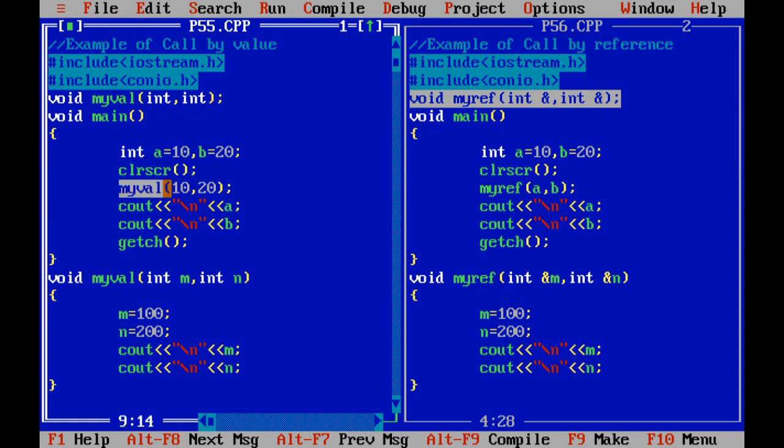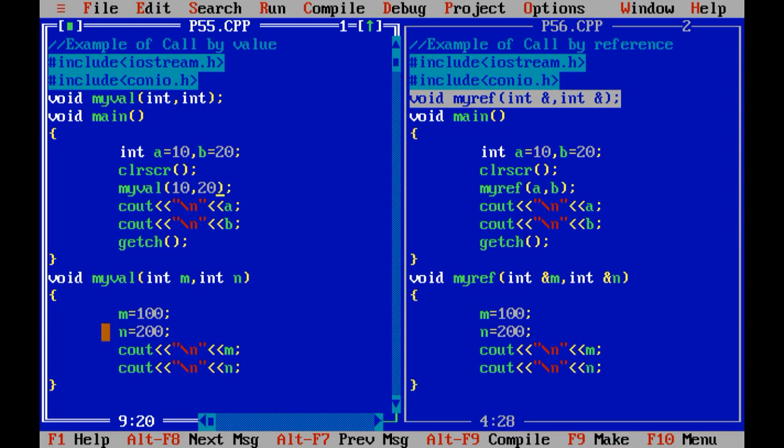Then I have called my value function with 10 and 20. So my value is called and 10 is stored inside m and 20 is stored inside n. Is that clear to everyone? So now the value of m would be 10 and the value of n would be 20.